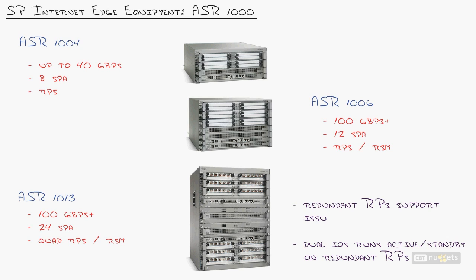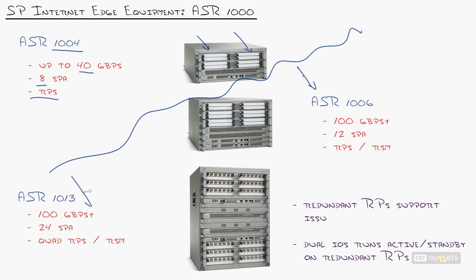Now we get into the higher end ASR 1000 routers. Like you can see, the 1004, we've now increased to 40 gigabits per second capacity, 8 shared port adapters, 8 modules that we can expand with, and redundant power supplies. But look at what happens right here. Once we move into the ASR 1006 and 1013, we not only go off the charts in terms of capacity, but also add redundant service modules, or essentially supervisor modules. I said service supervisor, you can use them interchangeably. These guys right here, essentially the